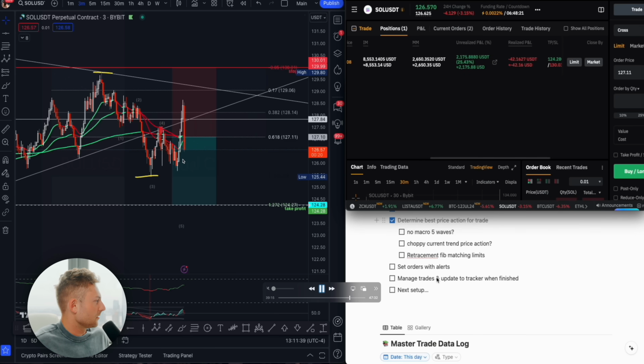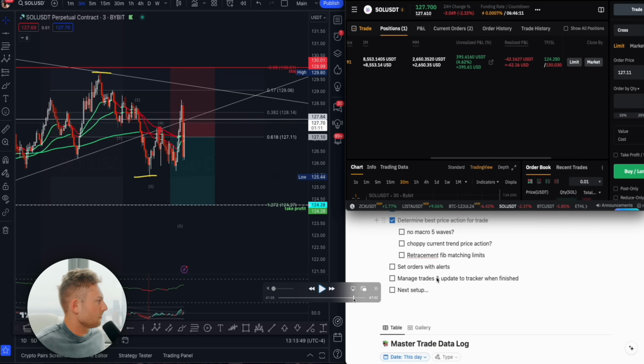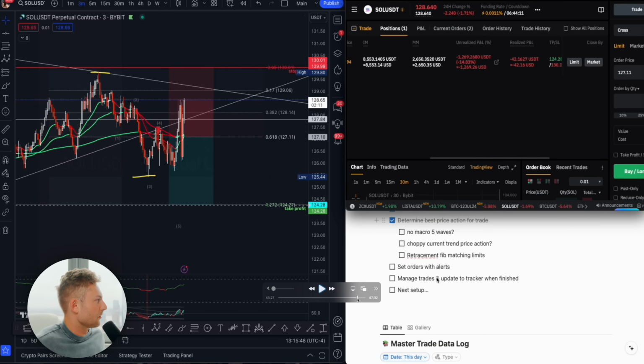hoping that this would just absolutely tank. Once again, giving me that sort of really big trade that I was hoping for. So I even went up about $2,500, $2,600 at this point. All right, then the price starts to reverse back up, continues to whiplash in the other direction, pokes up through